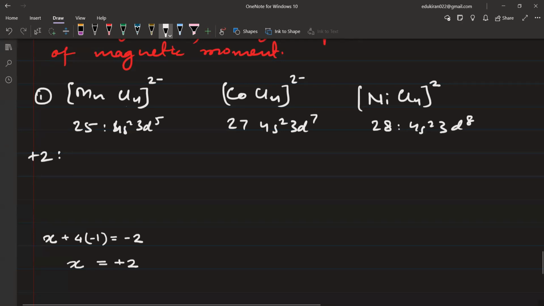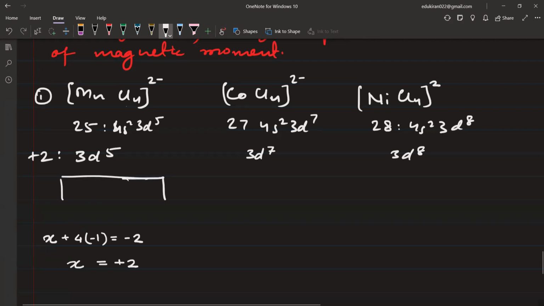Tell me. 3d5, sir. Here it will be now 3d5, and here it will be 3d7, and here 3d8. ठीक है,